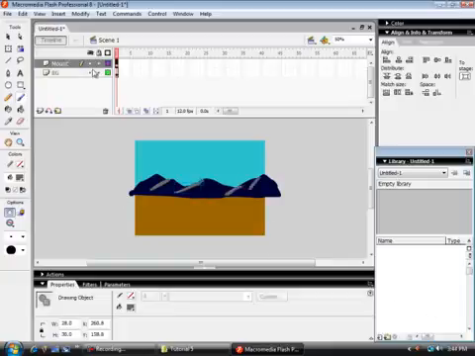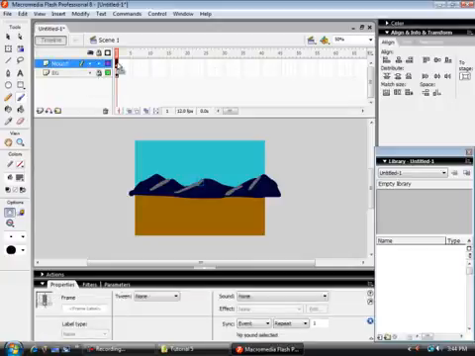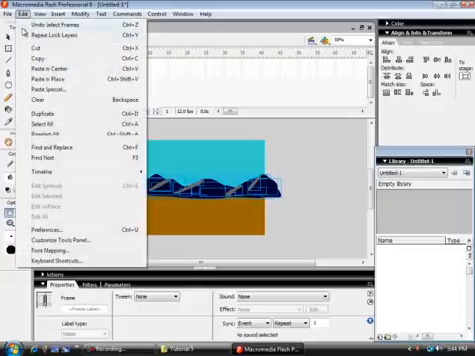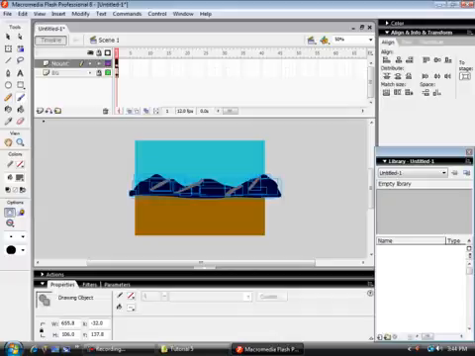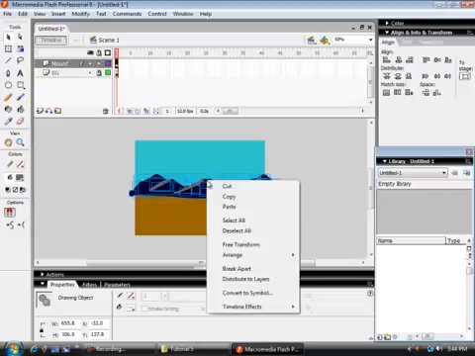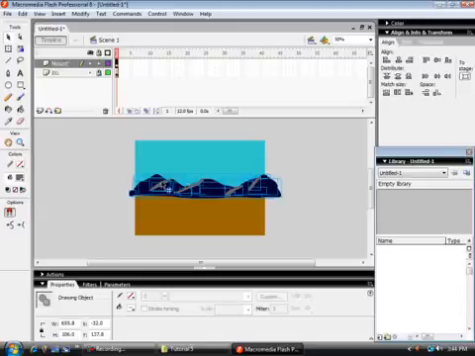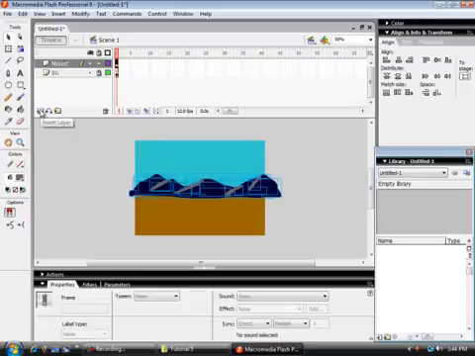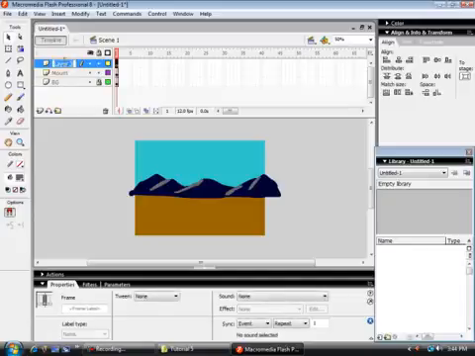I'm going up here and I'm going to lock the background, select frame 1, and you see how they're all selected, but just in case they're not, under edit I'm going to go select all. I'm going to move my selection tool around until it gets what I call the crosshairs, right click and copy that whole entire section, and I'm going to put a new layer here called loop,